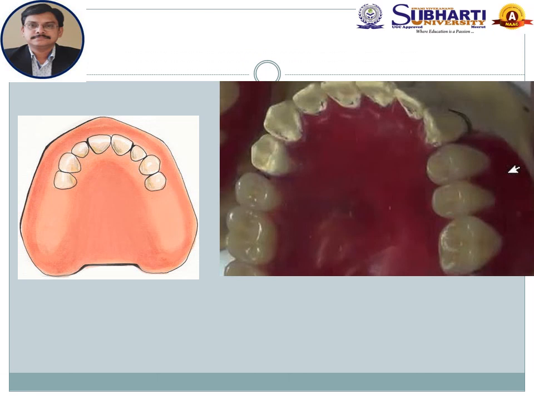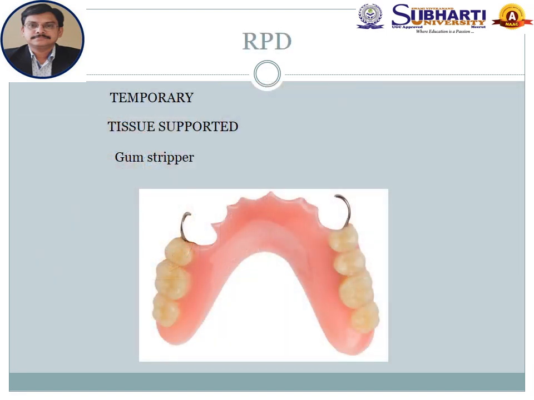So at the undergraduate level, if I ask you, suppose a patient comes with edentulousness, how to proceed? Most of the time the answer would be, sir, make one impression and we'll get one cast. On that cast, we'll arrange the teeth wherever the natural teeth are missing and do the wax up. If required, we'll add one small wire-like extension, which we call a clasp, and ultimately we'll process it and get one RPD. So simple, sir. What is the big deal about it? What we will get by this is called a temporary RPD and not the permanent RPD.